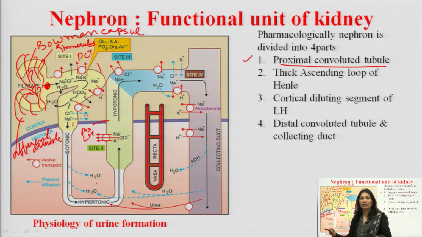What type of fluid is left here? Hypertonic. The tubular fluid is now hypertonic because sodium is present inside the lumen but water gets reabsorbed. Now this hypertonic fluid enters the ascending loop of Henle,